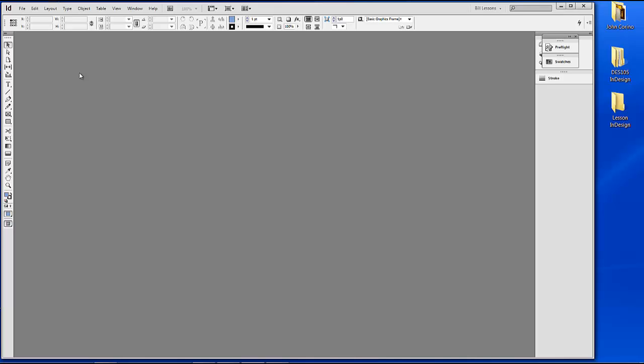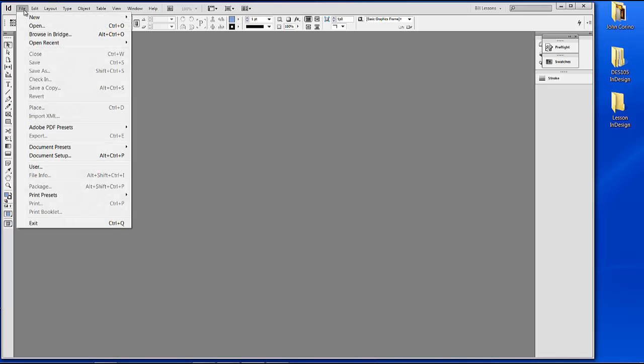The first thing I'm going to do is demonstrate how to create a document. That's the very first thing. Simple. All you do is go up to the File menu, click, and go New, Document, or